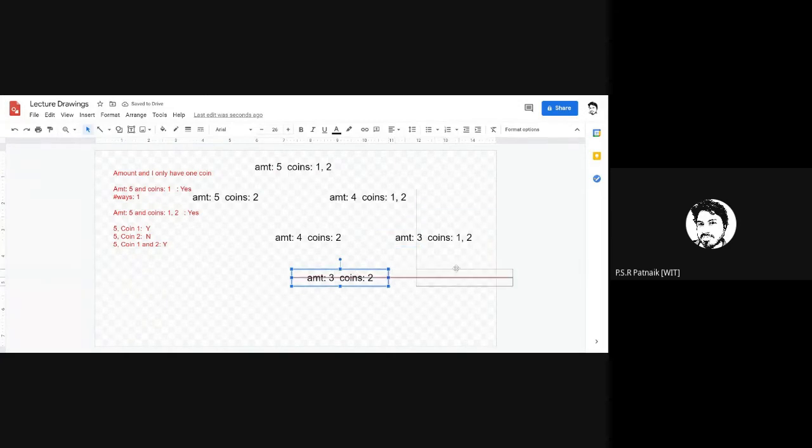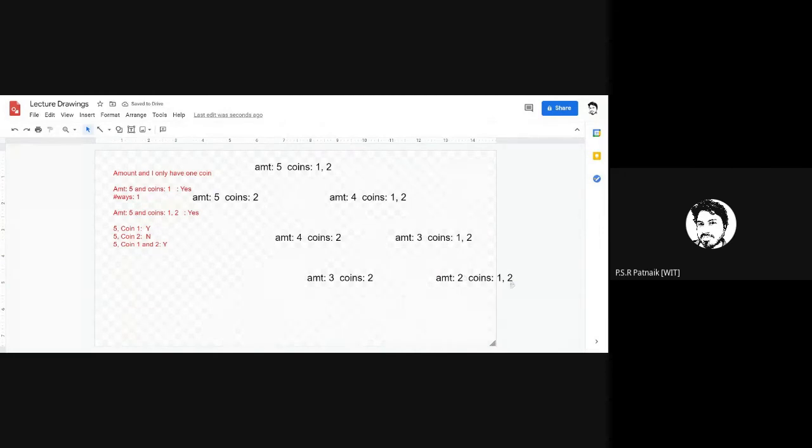I think this would be better if we can draw it on some paper. I don't think we can fit it into a space. So it becomes amount 2 and coins 1, 2. This further has amount 2 and coin 2, and this becomes 1 and 1.